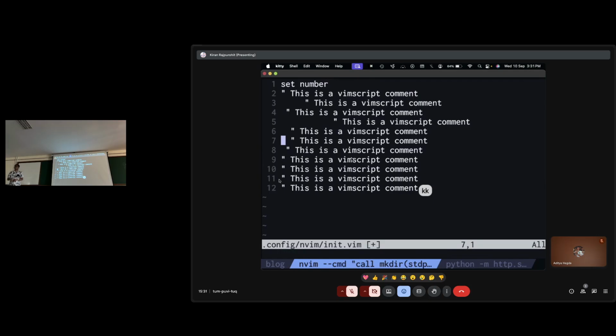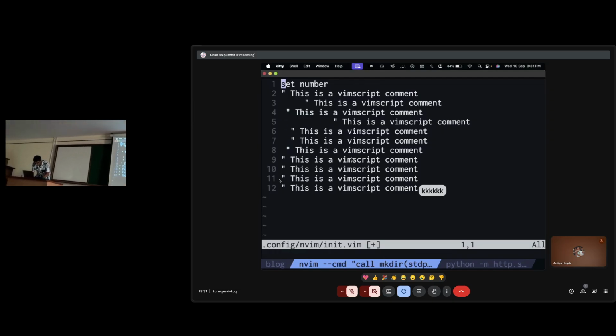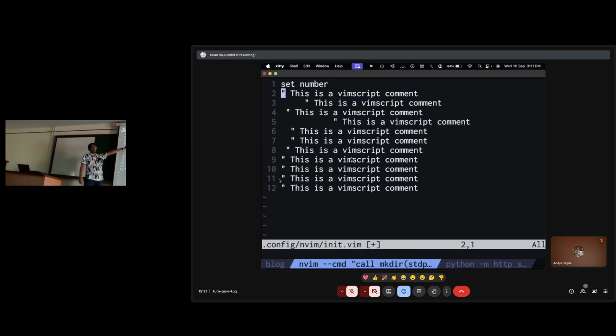Right, but only the comments of multiple lines. So this is where find and replace comes in handy. What you can do is press A a bunch of times to go to the start of the copy, then press J to come to the second line. Alright? And we can start a substitution command.